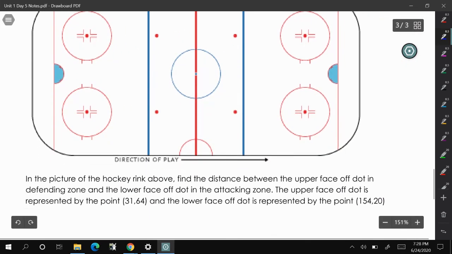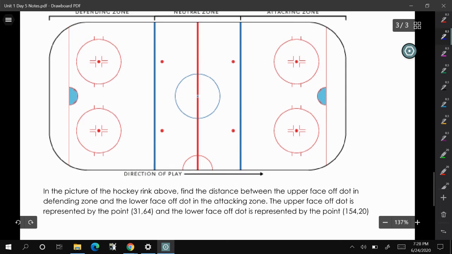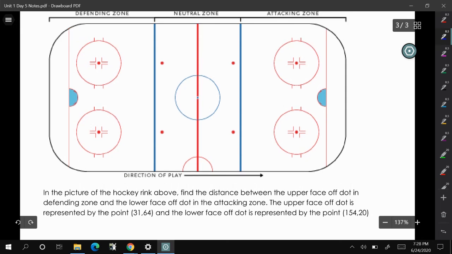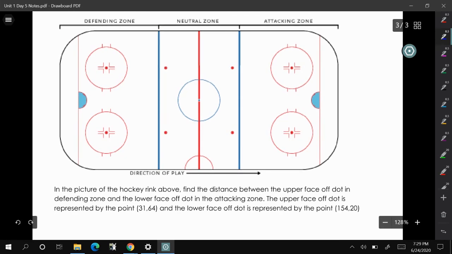So I am a hockey person, and it's my favorite sport. I played it, I watch it, and our hockey rink could be thought of as a grid, and we can calculate the distance between certain parts of the rink. So what I'm going to do is I'm going to kind of start you on this problem, and then I'm going to have you finish it, and then when we come back together, I'll look at it and we'll discuss